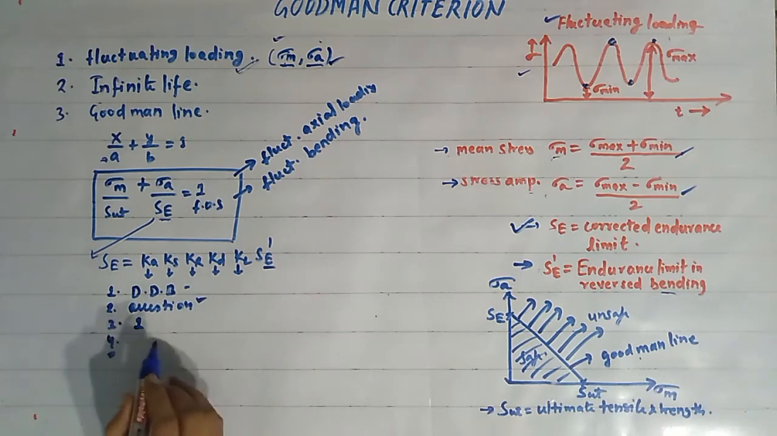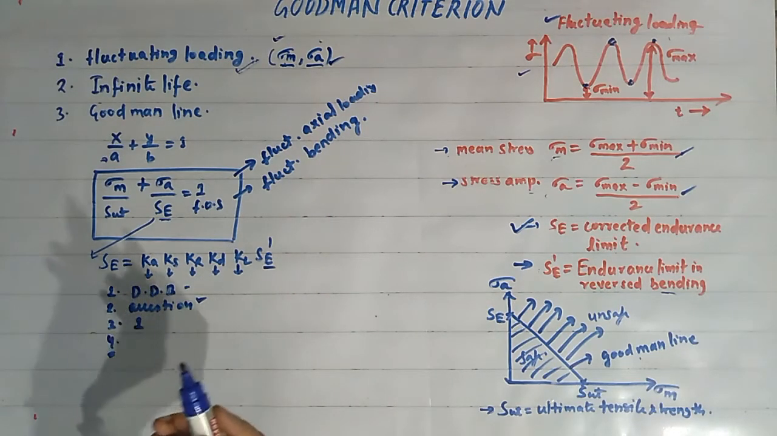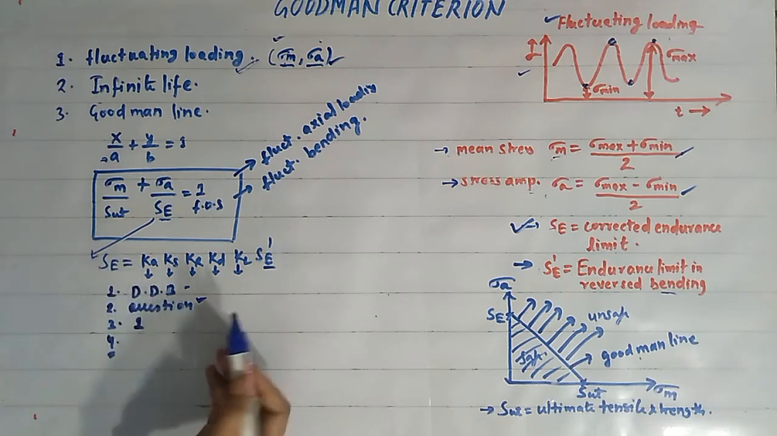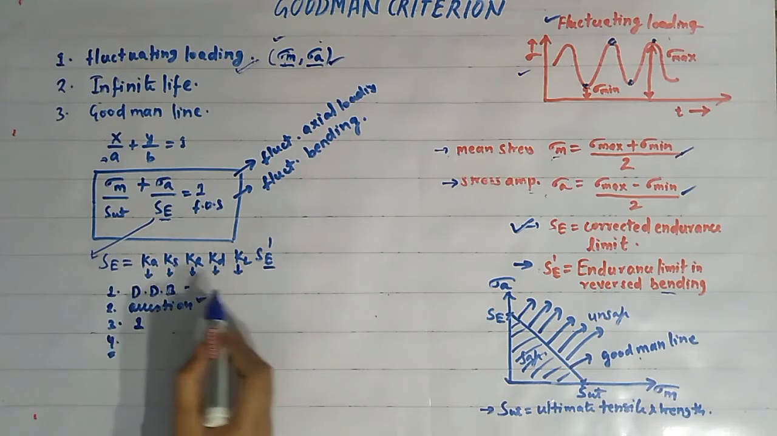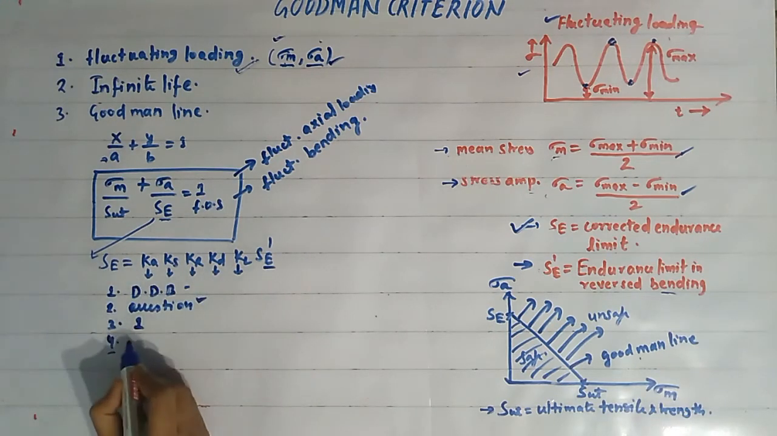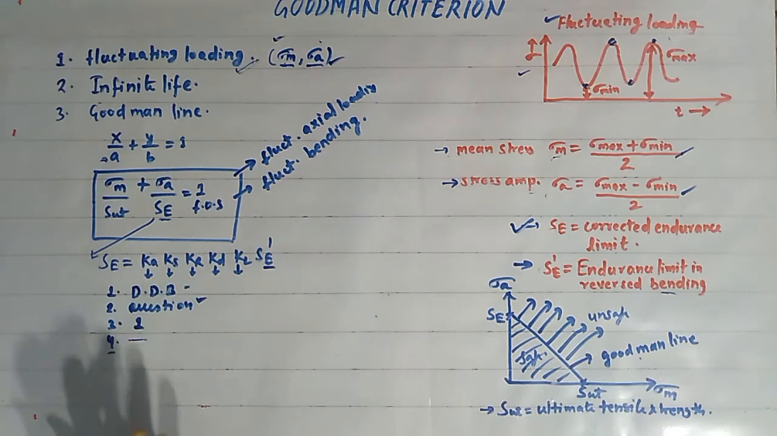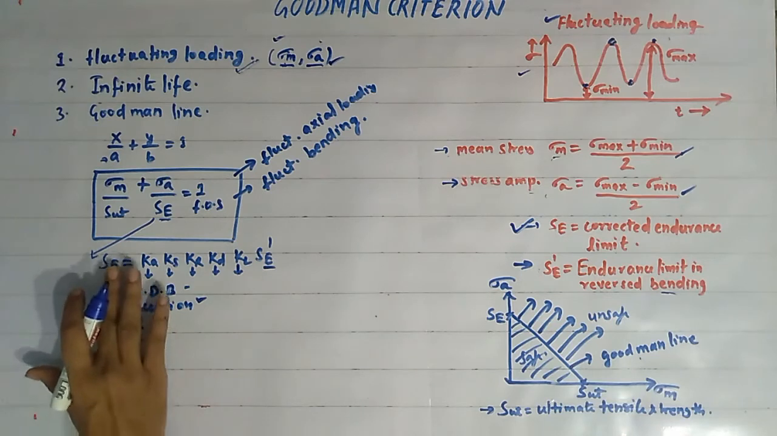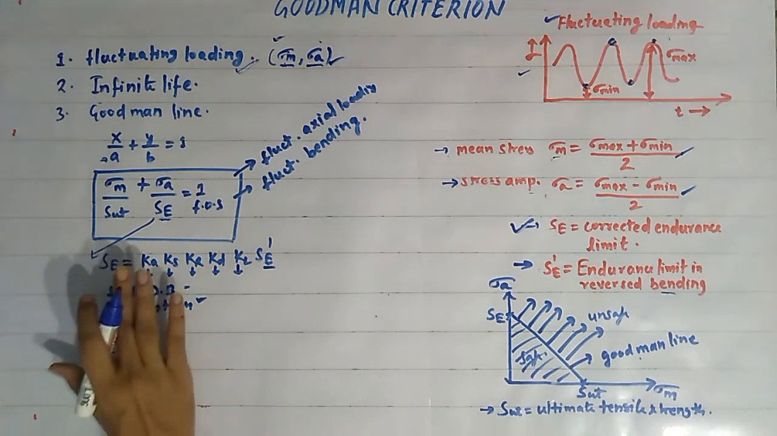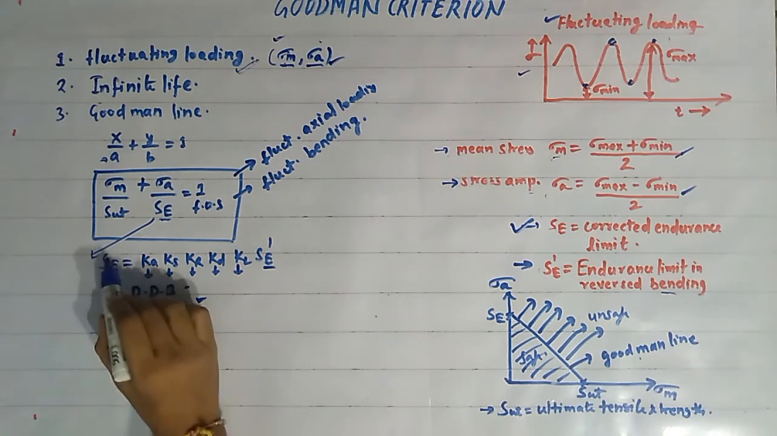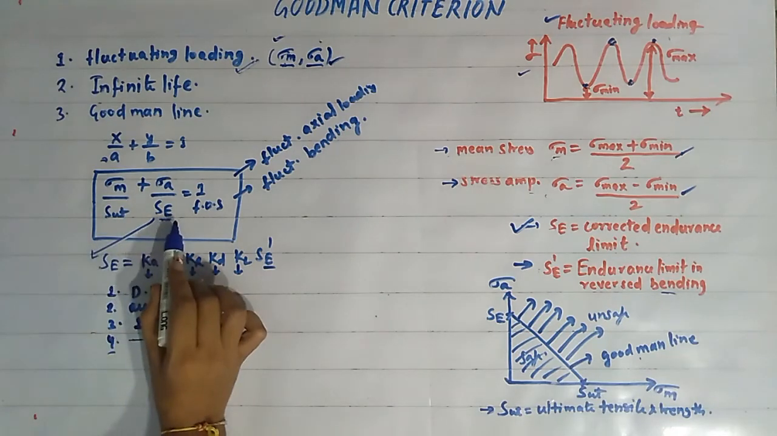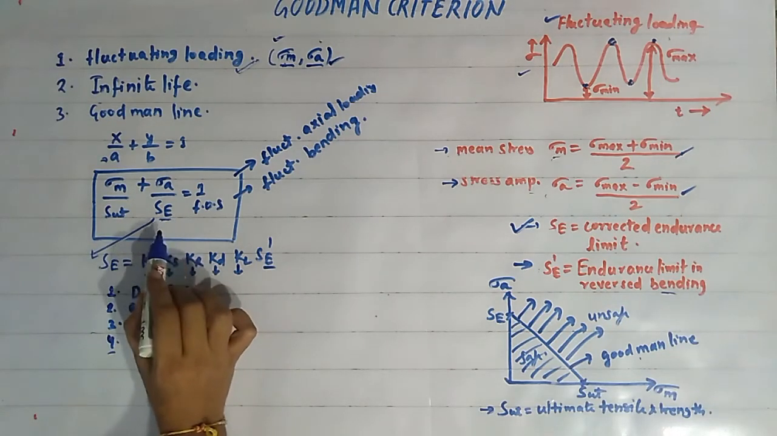That is, the factors which are given in the question can be substituted with the value as they are given, but the factors which are not given in the question can be assumed to be unity. So this was the last case, okay, that I have already explained. So this is the procedure of finding out the corrected endurance limit, and after we have found the corrected endurance limit, we will substitute its value in this particular equation